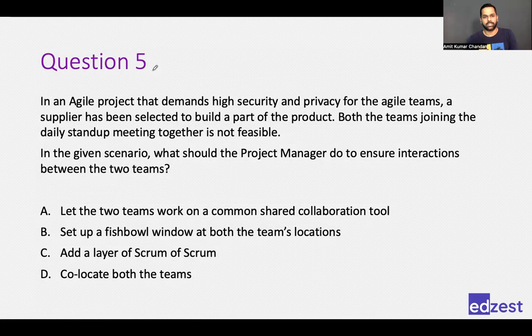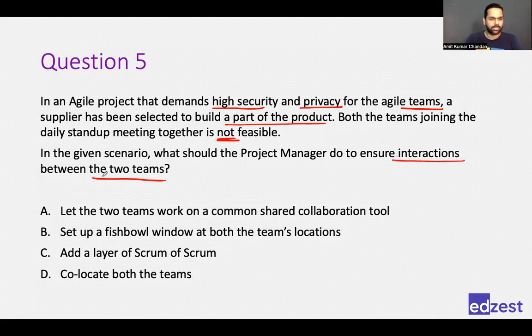Okay, so let's discuss this. In an agile project that demands high security and privacy for the agile teams, a supplier has been selected to build a part of the product. Both the teams joining the daily stand-up meeting together is not feasible because they cannot join for the daily stand-up meeting. In the given scenario, what would the project manager do to ensure that interaction between the two teams